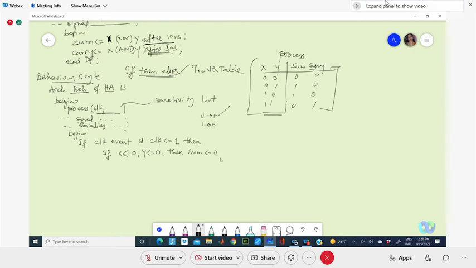That means the total statement we need to write. Carry is 0. Else. Again, if this statement is given as else, you need to define this as if, one more if statement to define the next condition.